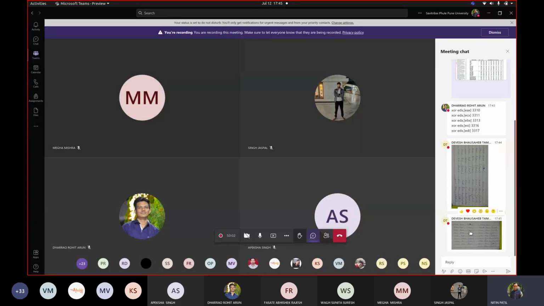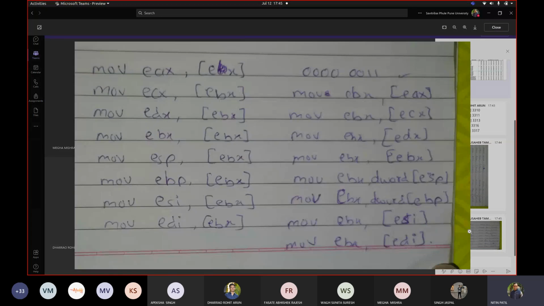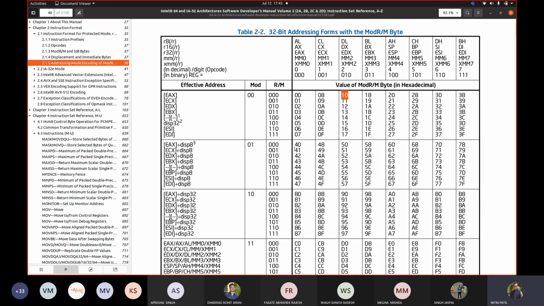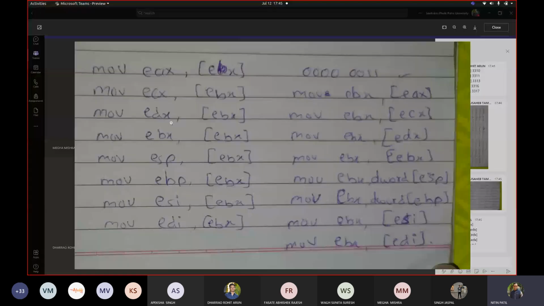Devesh, did you hear? Yes sir. But sir, should ESP be written in square brackets? No, nothing like that. There we took a variable, see below, this won't be written, it won't come. If you see that table, you never see ESP in brackets. Even EBP directly in square bracket is not seen. Can you see that? Because we saw that instead of EBP we used a variable there. Correct? Yes, sir. Am I right? Yes. These two of yours are slightly off.